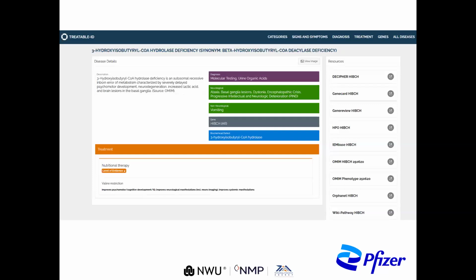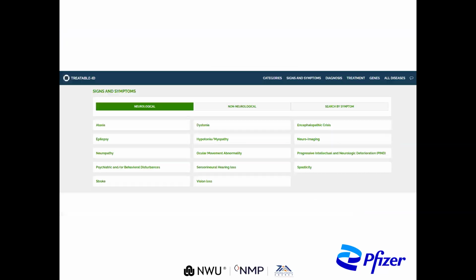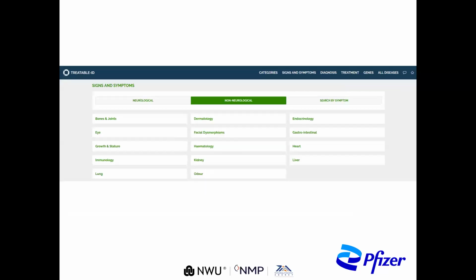They also give you treatment options, specifically valine is restricted, and this leads to the improvement in the psychomotor development. If you select the signs and symptoms option, symptoms are grouped according to neurological and non-neurological presentation. So neurological symptoms include ataxia, epilepsy, neuropathy, vision loss, and stroke, whereas non-neurological symptoms refer to growth and stature, specific